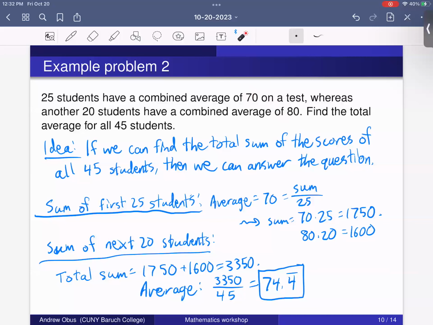But the point here is that you actually have more students with a 70 than with an 80. So what you're actually doing here is what's called a weighted average. We'll talk about that next week when we do frequency classes and averages. But because you have more students who average 70 than who average an 80, you're going to have more,